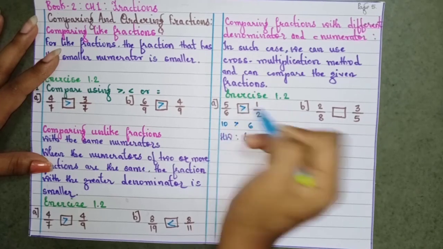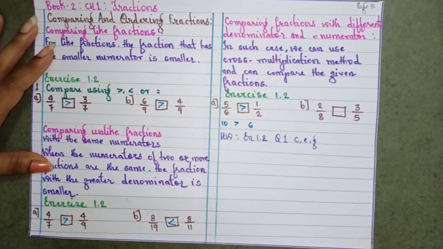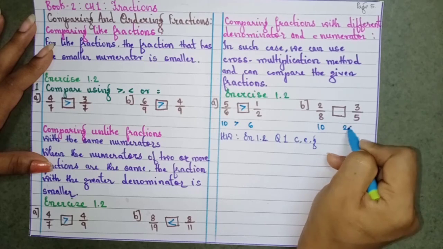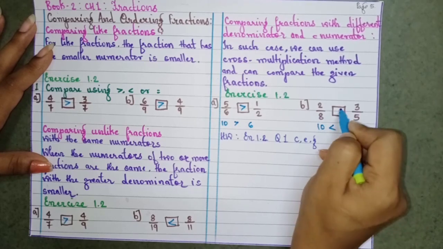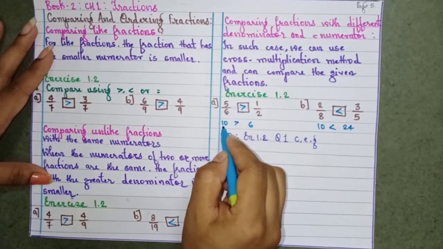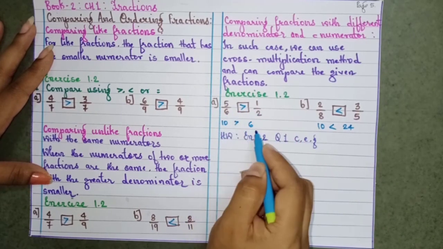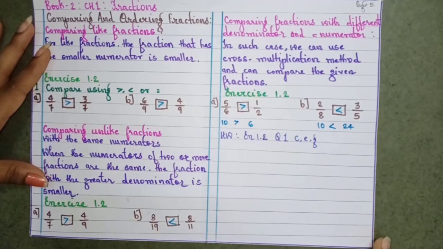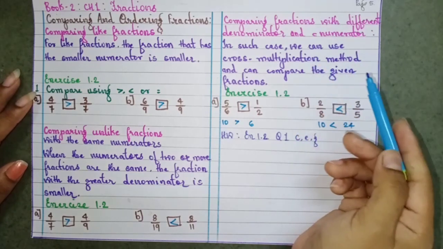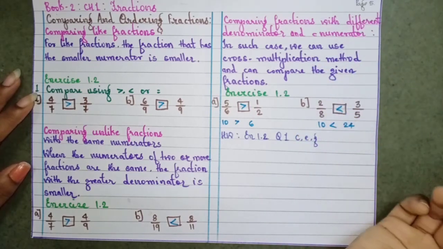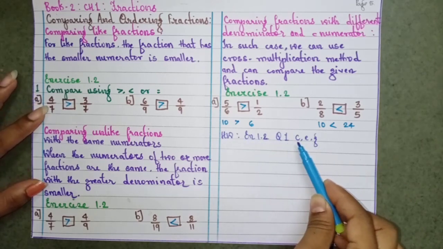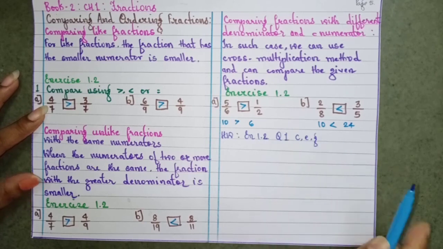Therefore here comes the greater sign. So this is how we have to solve. Now 5 2s are 10, write the cross product here, 8 3s are 24. Now 10 is less than 24, so here comes the lesser sign. So what we have done here, we have cross multiplied, 5 2s are 10, 6 1s are 6, and then we have put the correct sign. Okay, so similarly you can solve any kind of these fractions. Equivalent fractions you can compare. And you have here homework exercise 1.2 question 1 C, E and G. Remaining examples will be homework.